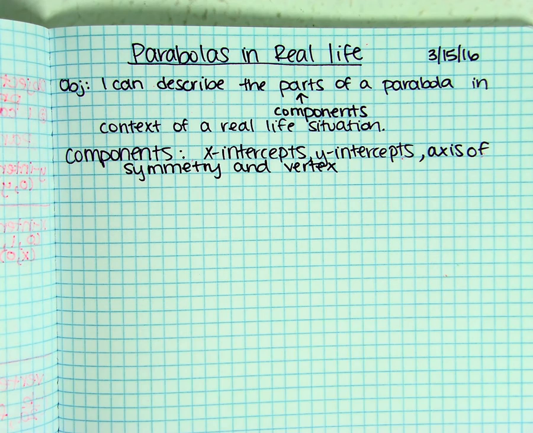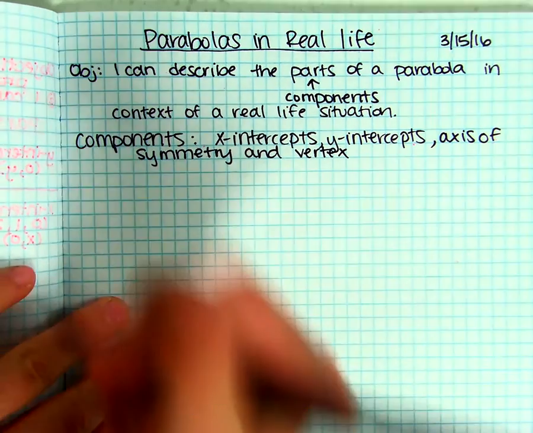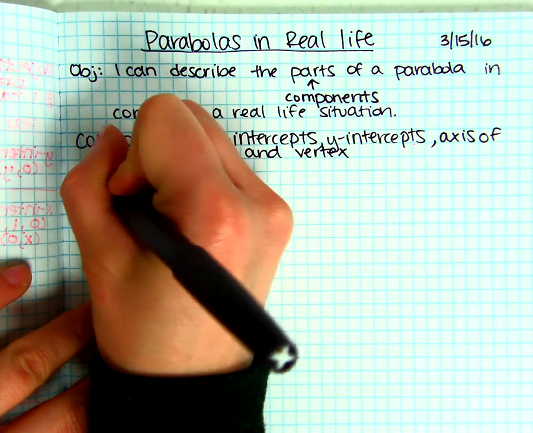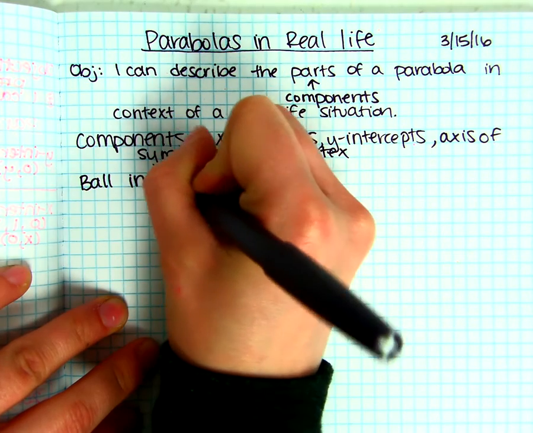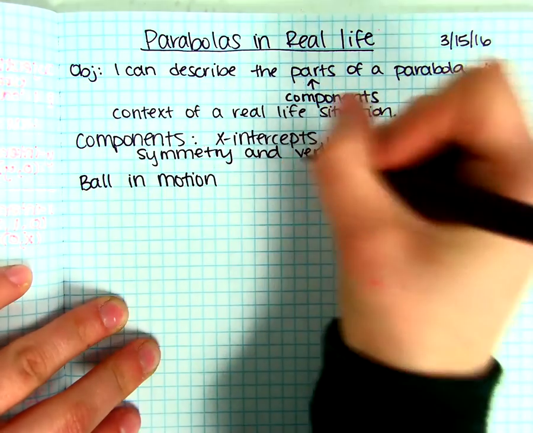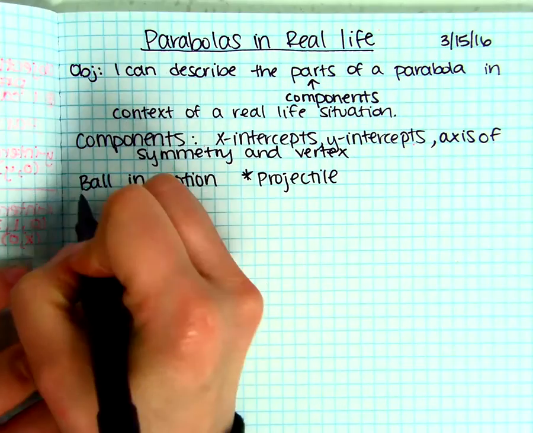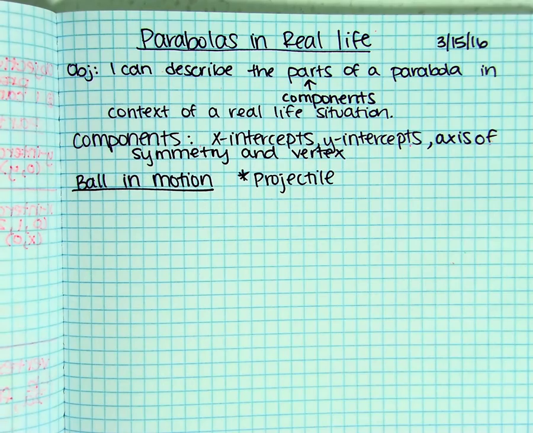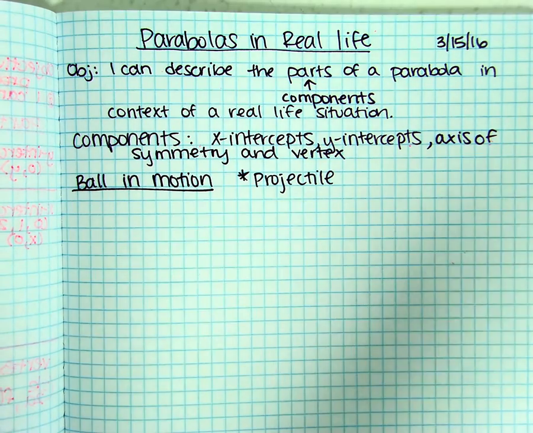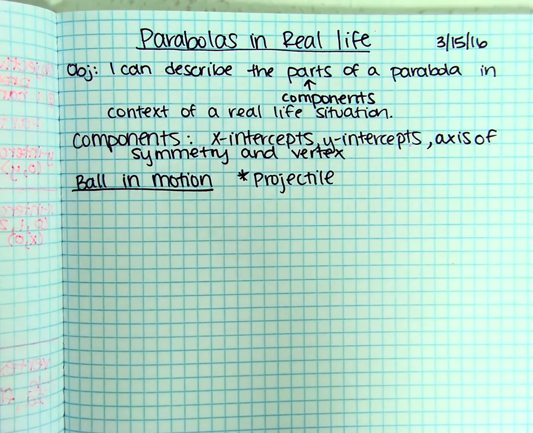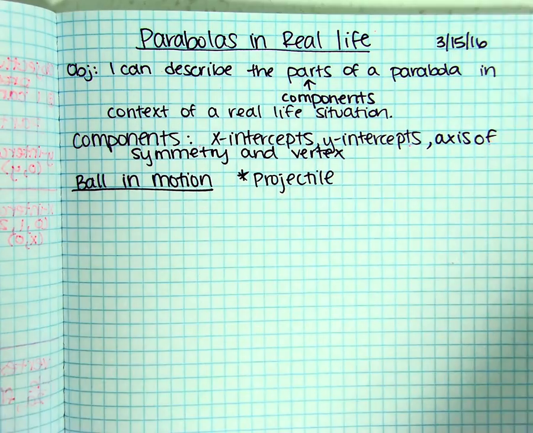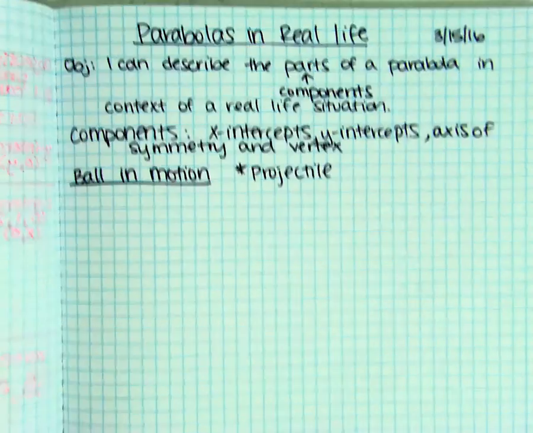So we're going to look at two problems. One of them, the parabola will be going up and then back down. So we're going to look at a ball being thrown. Okay, so ball in motion. Okay, this is an example of what's called a projectile. Okay, it's like a basketball or a football, something that's being thrown. If you think of the screaming monkey that I threw the other day, it's like a projectile. So a ball in motion, we're going to start off with this guy